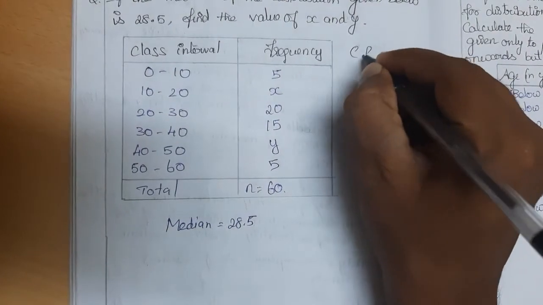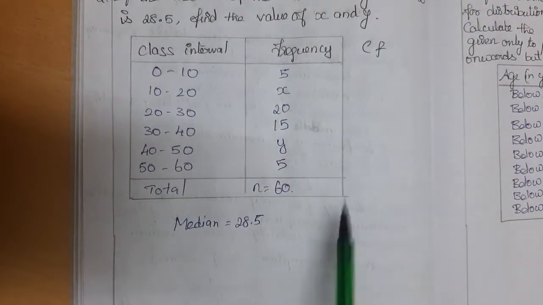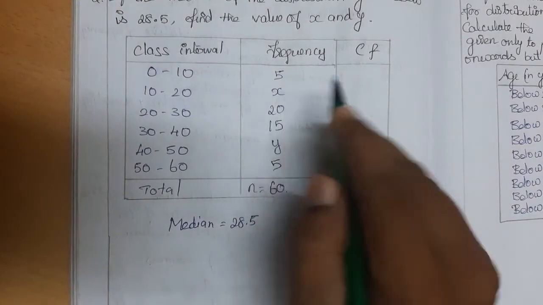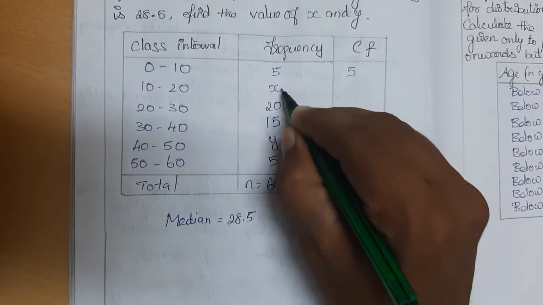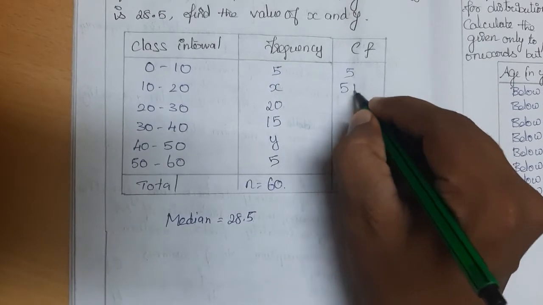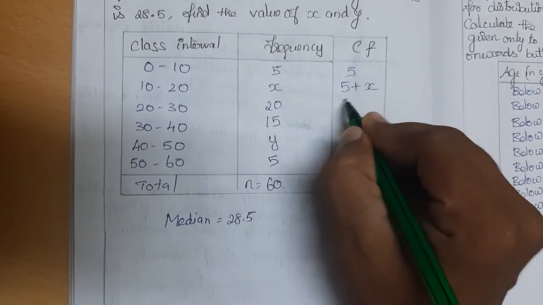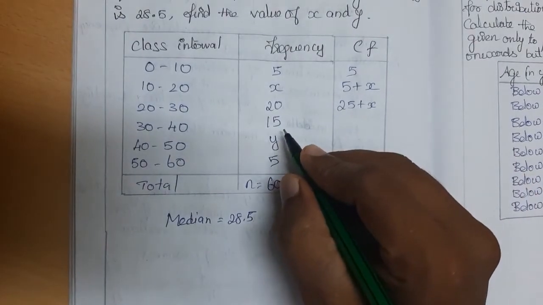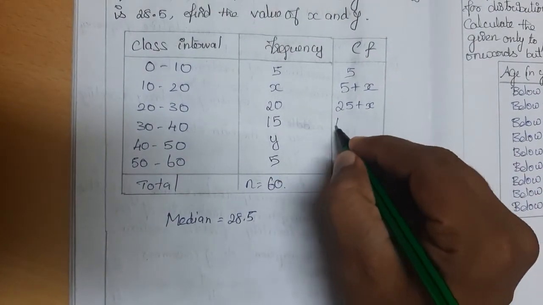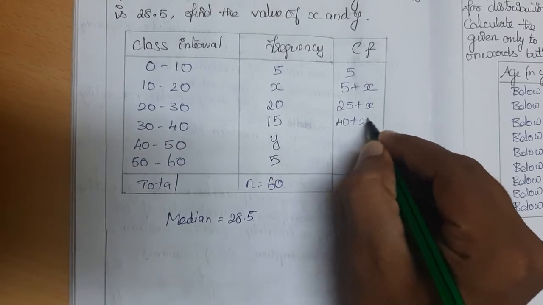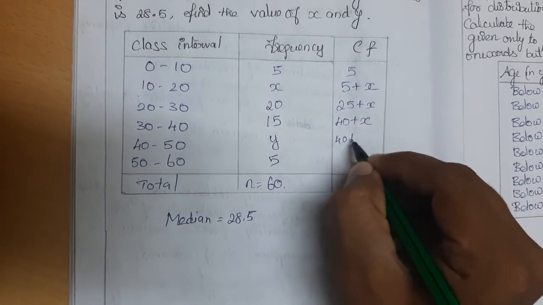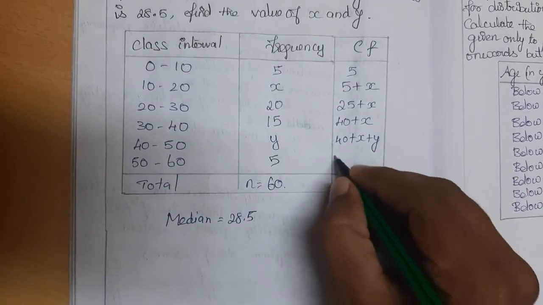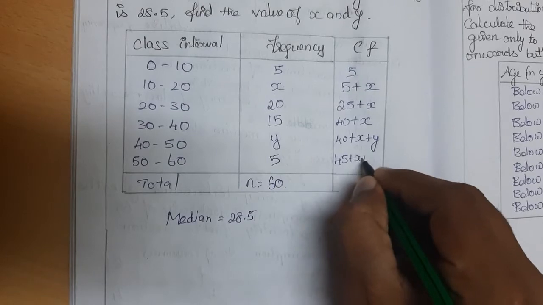So first let me find the cumulative frequency, cf. Let me draw a table here. So cumulative frequency we have to add. Here it is 5, and here will be x plus 5, right? So variable let me write in the last. 5 plus x, 20 plus 5 plus x is 25 plus x, and 15 plus 25 plus x is 40 plus x. Here y, so 40 plus x plus y, and here 40 plus 5 is 45 plus x plus y,